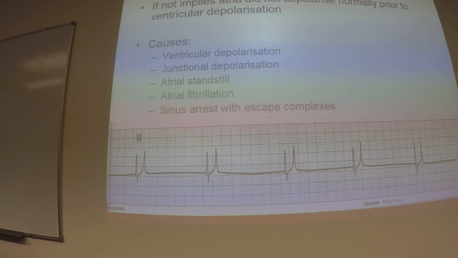But what might happen is, sometimes you might have a P that is not conducted. I'll show you some examples in a second. Okay? So you have a pacemaker cell that depolarized the atria, it went to the AV node, which is kaput. For whatever reason, fibrosis, myocarditis, the AV node doesn't pass the conduction down. You will have a P, but you will not have a QRS. You will have a blocked P. Okay? And you know the problem is in the AV node. Okay? Or you might have,